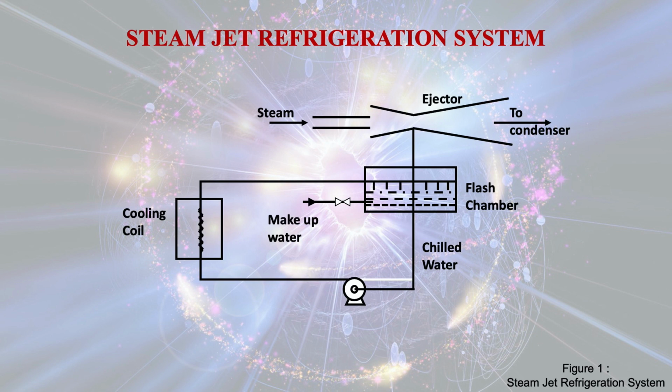The chilled water is pumped to the cooling coil where air is cooled with the help of this chilled water, and that air can be circulated in an air conditioning system. After that, the water will again flow to the flash chamber and continue the same process. That means the water will again be evaporated, and that water vapor will go along with the